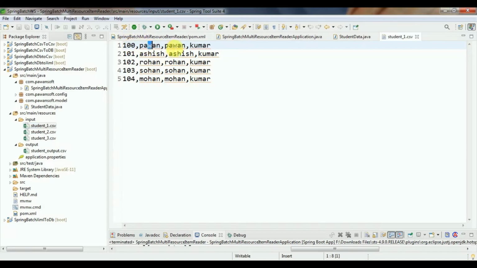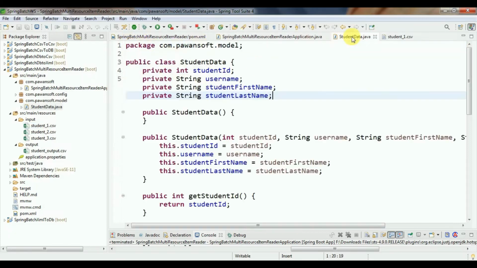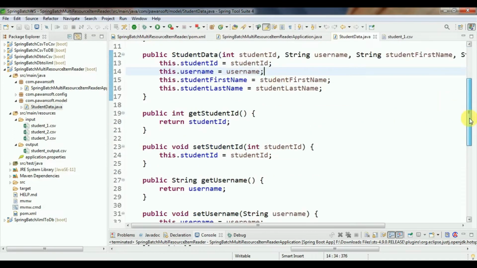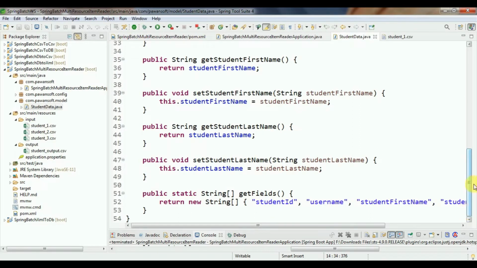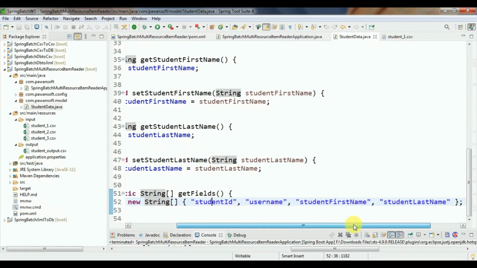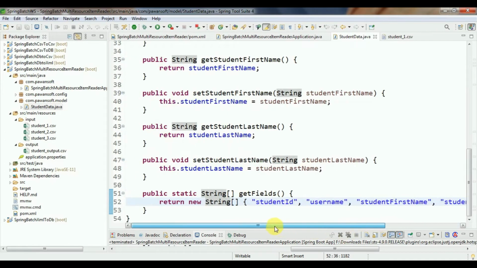So write all the properties, then a default constructor, an all-argument constructor, and public setter and getter methods. And this is the getFields method of type string array. I am returning a string array with all fields: student ID, username, first name and last name.